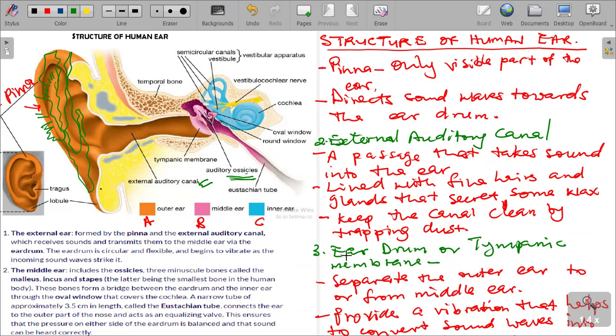So at the oval window, we want to give the function. The oval window, as you can see, there it is. Sometimes it is given like that, and it is also next to the round window there, which can as well be labeled like that. We need to understand the function of the oval window, which is that it transmits the vibration of the ossicles into the inner ear. The oval window is an opening there, which provides